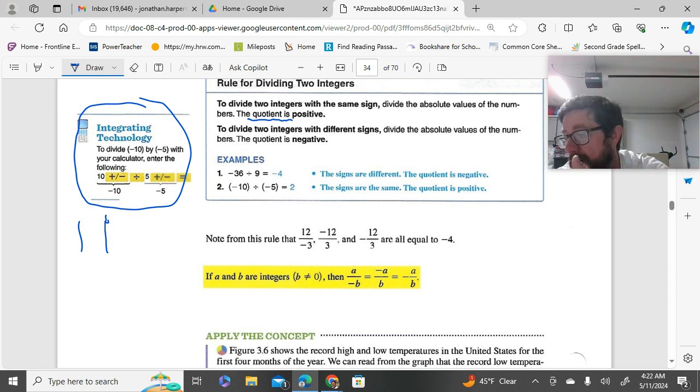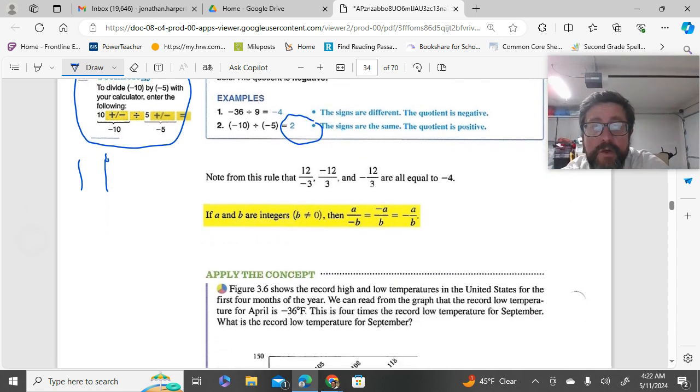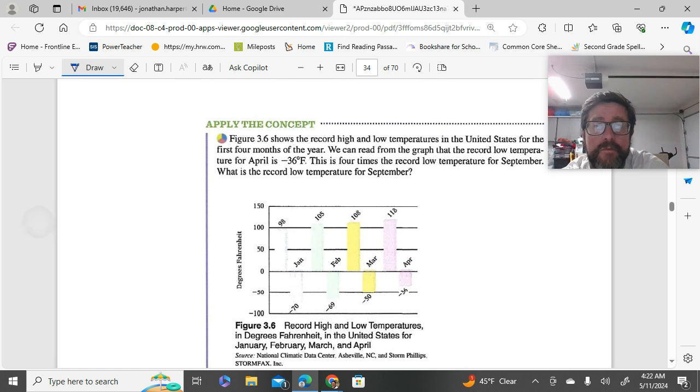I enter on my calculator 10, and then I hit the negative button, divided by 5, and the negative button, and it should be a positive 2, as it shows right here. And then up here it says negative 36 divided by positive 9, and that is negative 4. Okay, so